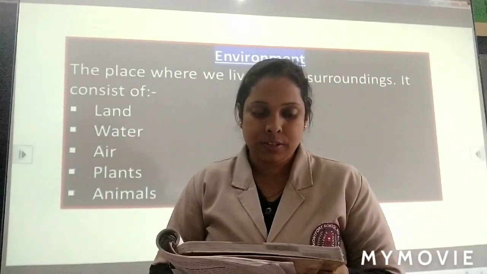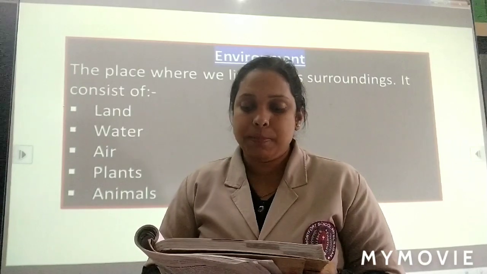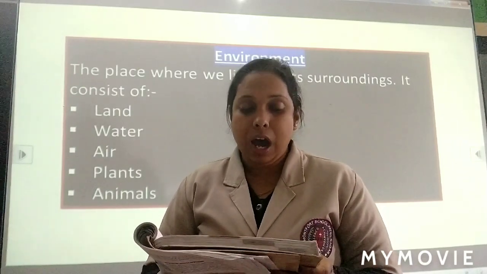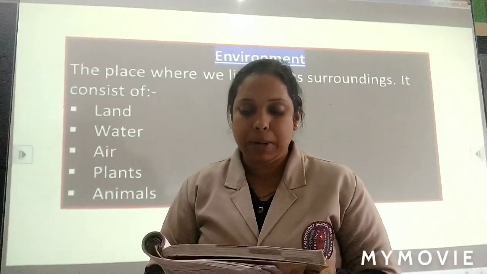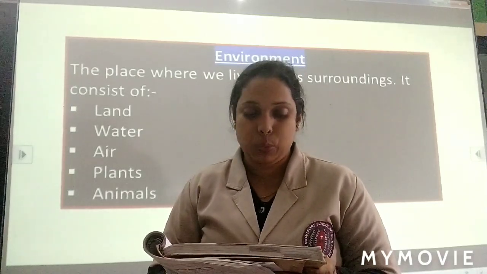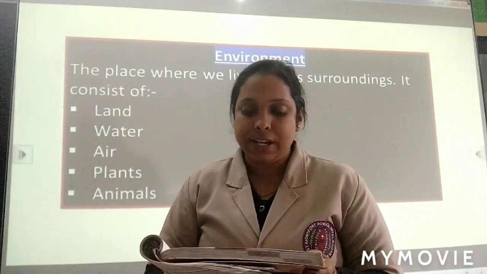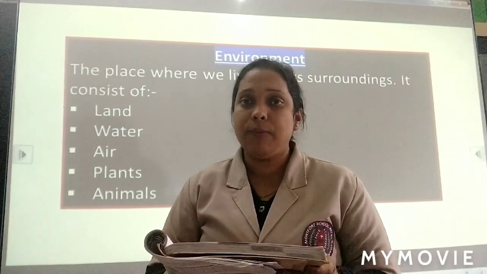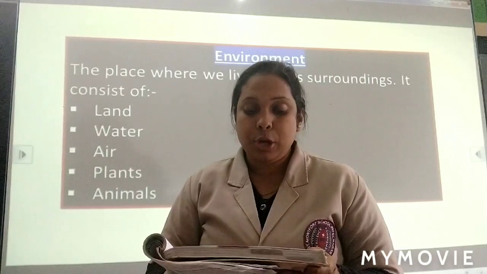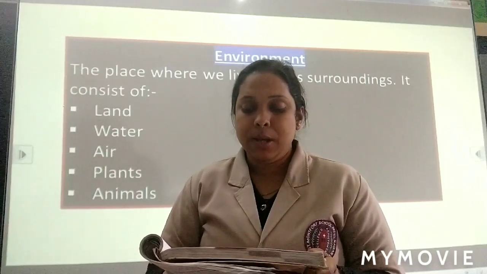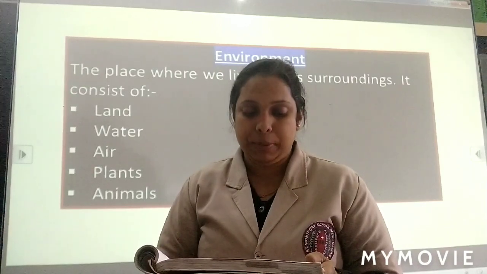First line, fingers. Yes. The place where we live and its surroundings make our environment. Our environment consists of land, water, air, plants and animals that live around us. Next paragraph. When the environment gets dirty or is full of harmful substances, it is called pollution. Pollution is very harmful. People may fall sick if we live in a polluted environment.